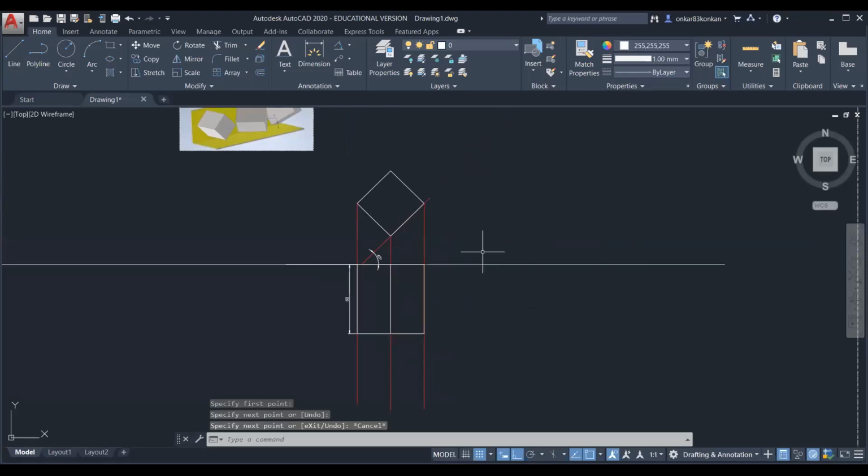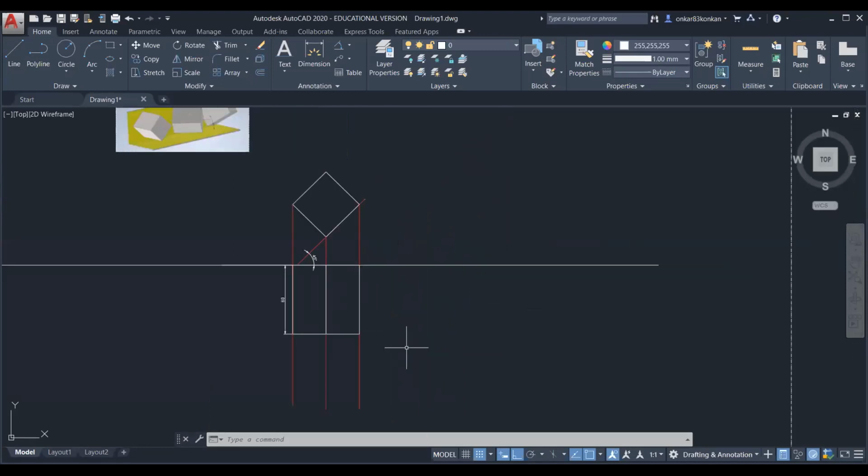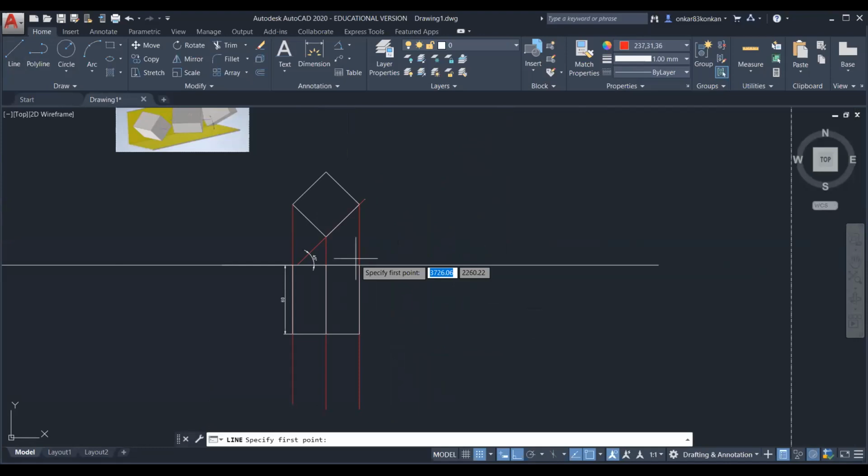Once we complete the first stage top view, then rotate this top view by an angle of 45 degree. So we can draw one reference line. On this reference line, you can draw this base edge.